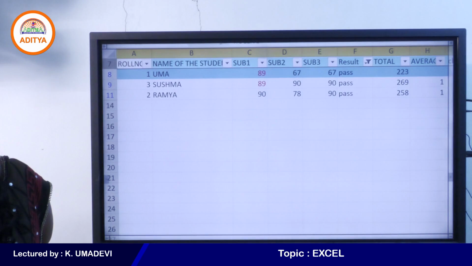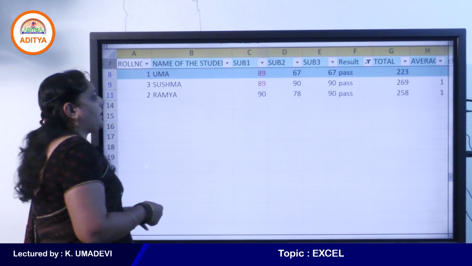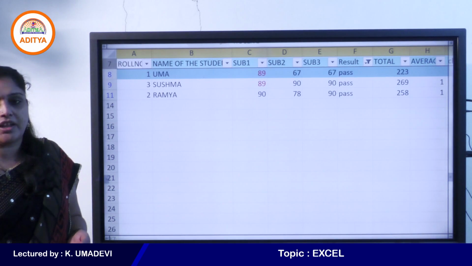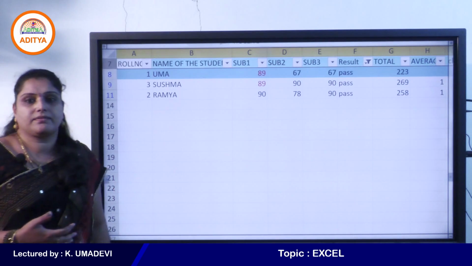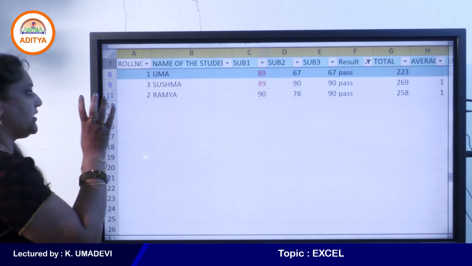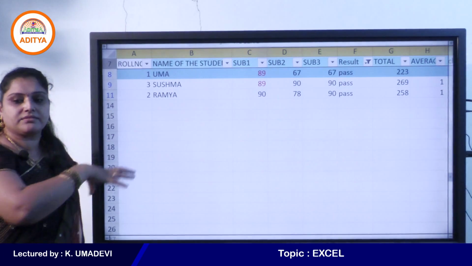First apply cell color, and then you can go to the custom sort option. Custom sort means we can sort the data that is filled with colors. We can sort the font color data, we can sort the cell color data. That means we can easily place the particular data at the top or bottom of the table.